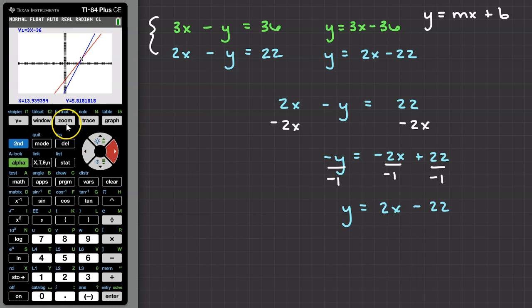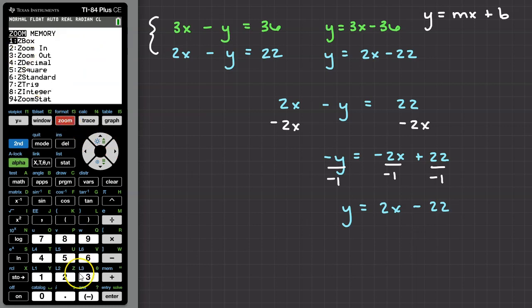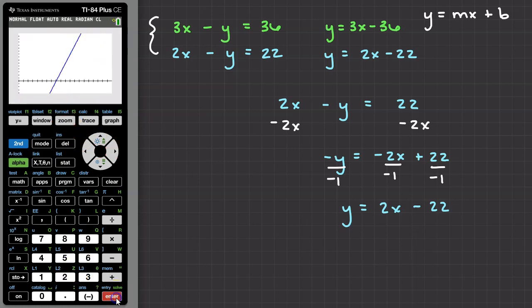Now let's hit zoom again. This time select option number 2, zoom in, and hit enter. The calculator will use your cursor position to zoom in on that particular location. Notice that our cursor was near the point of intersection, so our calculator zoomed in at that location. We can see approximately our solution to our system, but we'll need to use a different method to find the